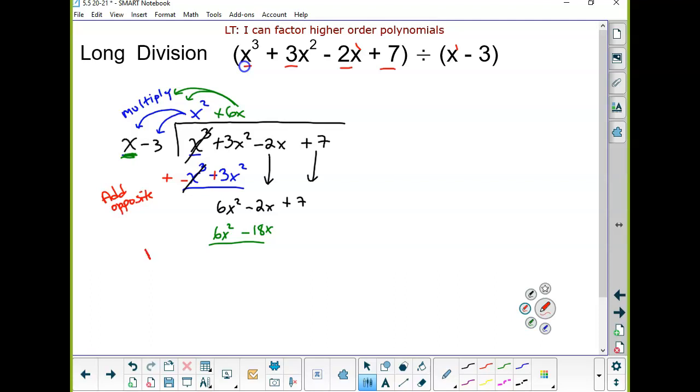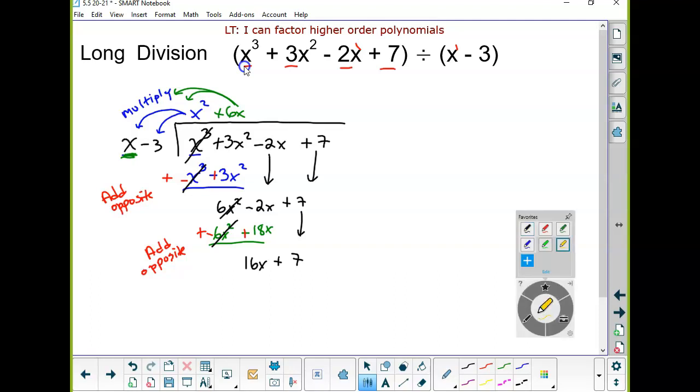And some people get annoyed, but I'm going to write add the opposite again. We'll change this to addition, opposite of any sign. And you'll notice the 6x squareds add up to 0. And then I'm left with a 16x plus 7. The 7 dropped down, we didn't use it yet. And now it's the exact same thing. We're going to go ahead and grab a new